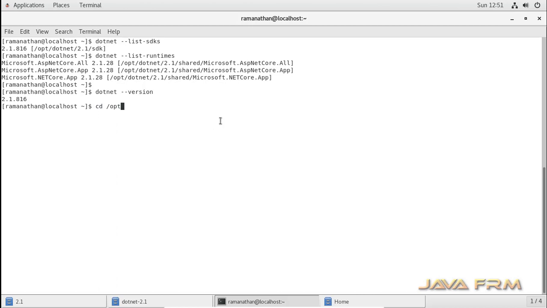Okay, let us come back to the terminal. cd /opt/dotnetapps/2.1. Here I am going to create a basic C# console application.